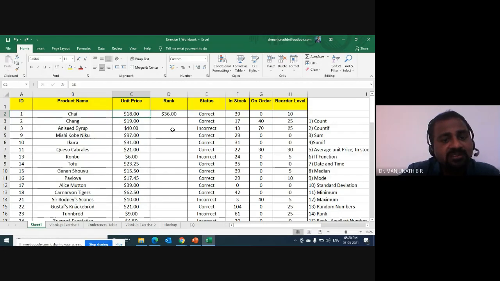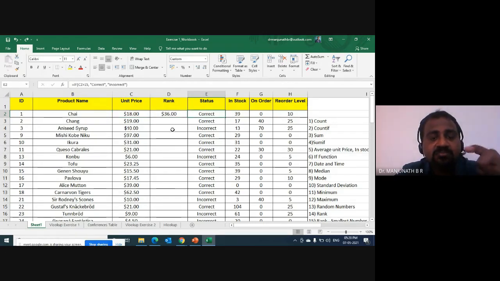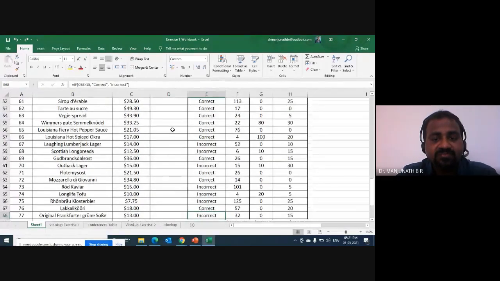Okay, now you do one thing. You can go towards left or you can go towards right, but the logic is in the column D, you should go to the last cell where you want the output. Now be in the column E. Yes, sir. Come on, do with me. Control down arrow key. It's going to the bottom, right?